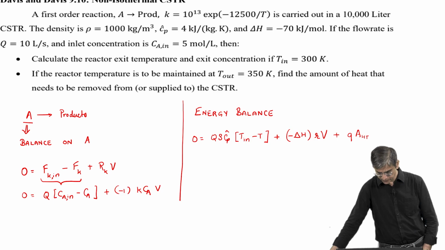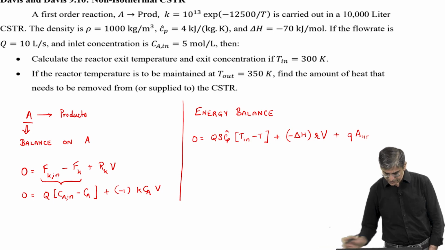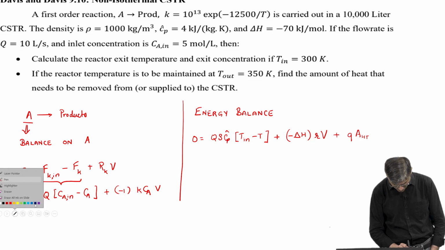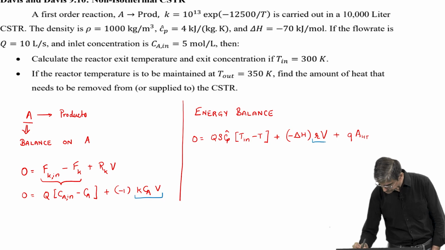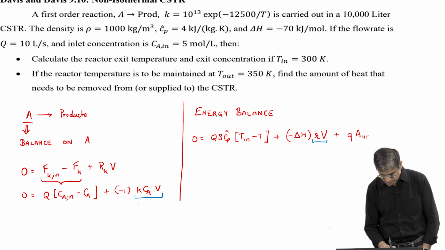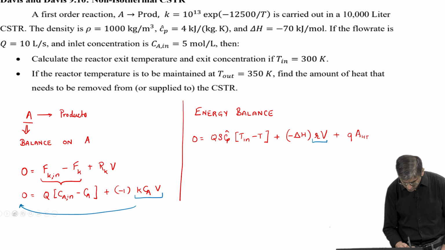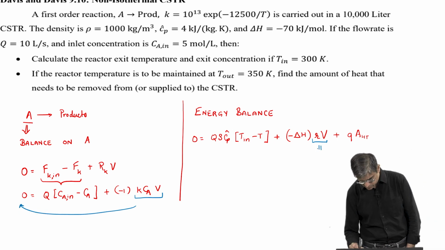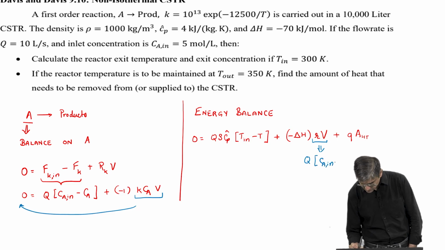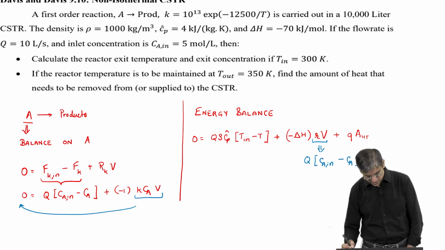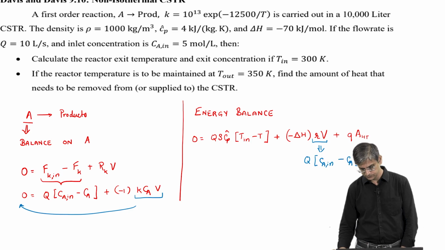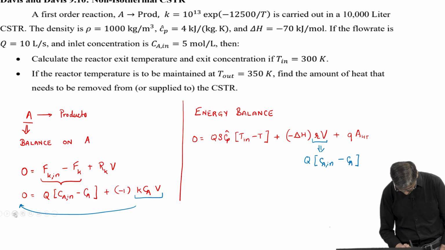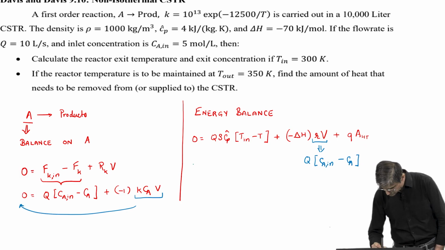If you notice, basically the RV term is basically this guy. Okay, and this, if you basically take it onto this side, this term is nothing but Q multiplied by Ca in multiplied by C minus Ca. Now further, if you divide by